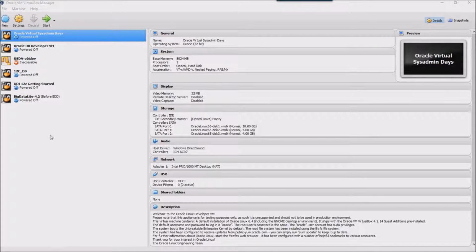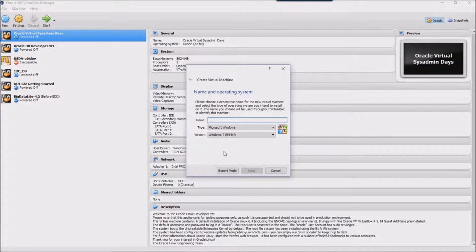Alright, now that we have downloaded and installed the VirtualBox software and you've got the ISO file from the Linux downloaded somewhere, we're going to go ahead and create a virtual machine in VirtualBox. So I'm going to go ahead and click New here, and I'm going to type in a name for this virtual machine that I'm creating. And I will call mine ISQA